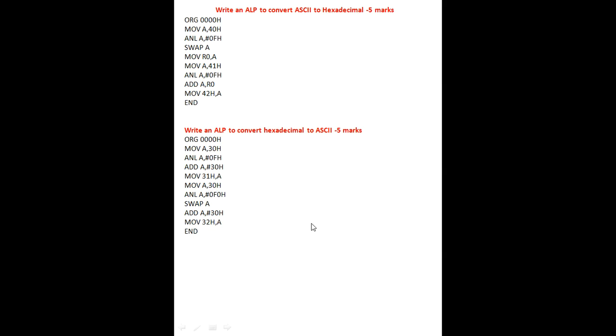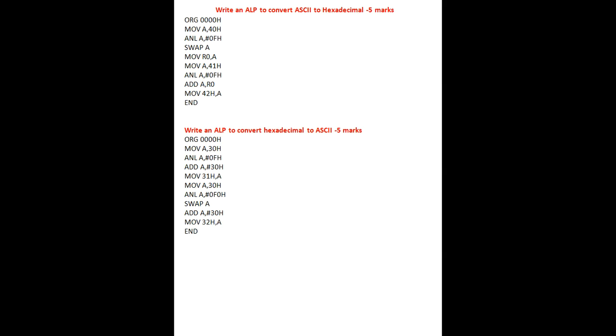I have performed the AND operation to mask the higher nibble, and I have swapped it. Again I have stored it into R0. Again one more ASCII value is taken from 41, again an AND operation which is going to mask the higher nibble, and it is going to add with the contents of the accumulator as well as R0. Finally the hexadecimal value is stored in 42H.